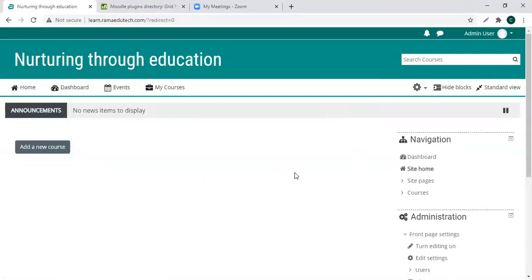So that is about it. Right now I have done this much. It was simple: you go to moodle.org, choose the plugin or the theme that you want, download it, go to your site, go to site administration, select plugins, install plugin.